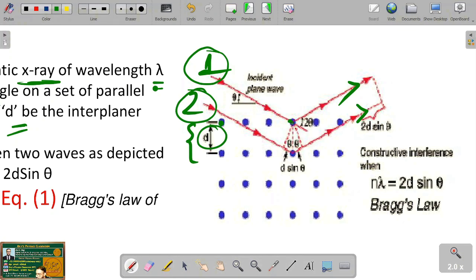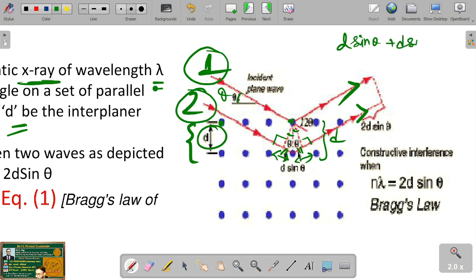Path difference would be, suppose we draw a perpendicular from this point to this and this point to this. These are two perpendiculars. So this is the glancing angle theta. So similarly these two would be the glancing angles, which will be also theta. So here the optical path difference between this ray 1 and ray 2 would be only this part and this part. So if the interplanar spacing in this is D, then this length and this length would be d sin theta